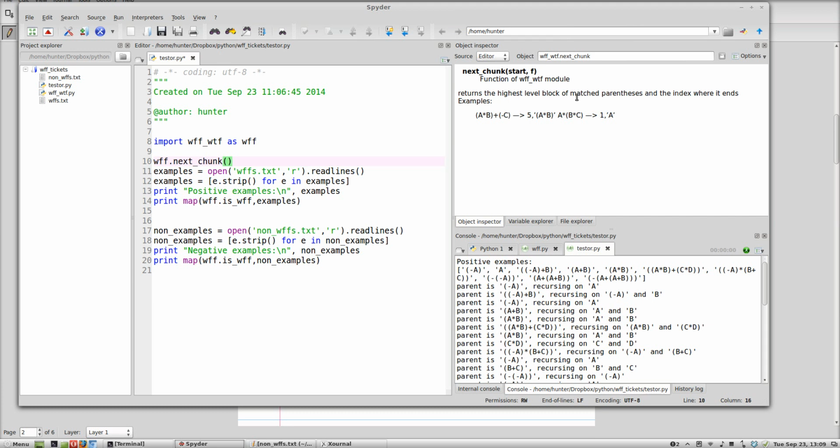So this returns the highest level block of matched parentheses and the index where it ends, and also the starting index. So this is actually what would happen. By the time I call my next chunk function, I've already stripped off the outer parentheses, if there are any, and